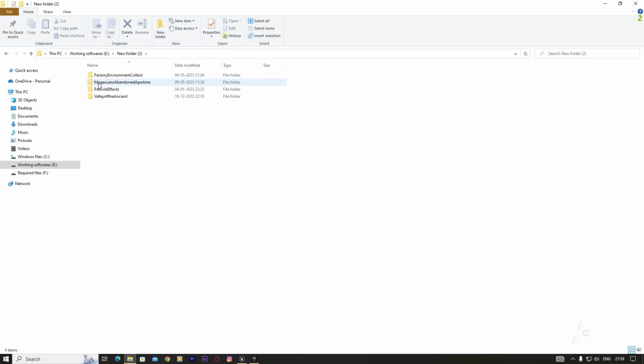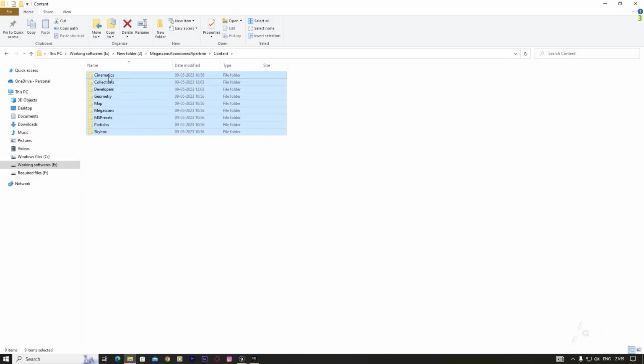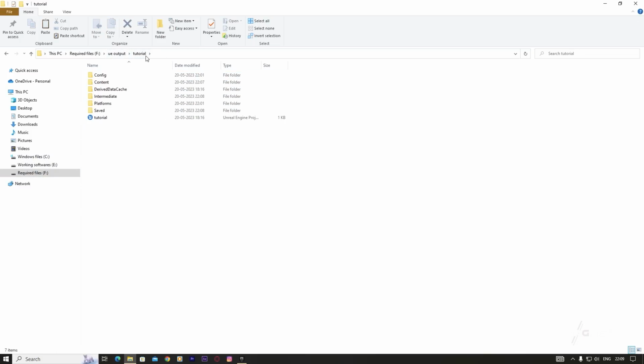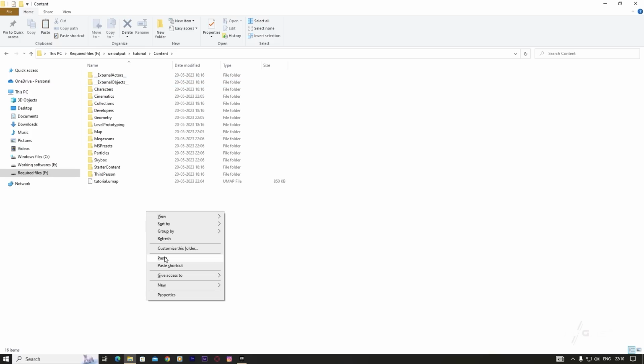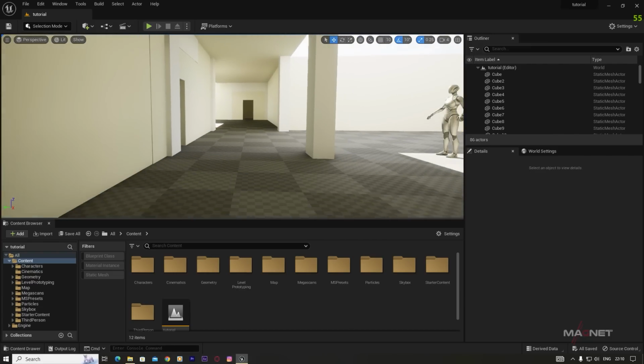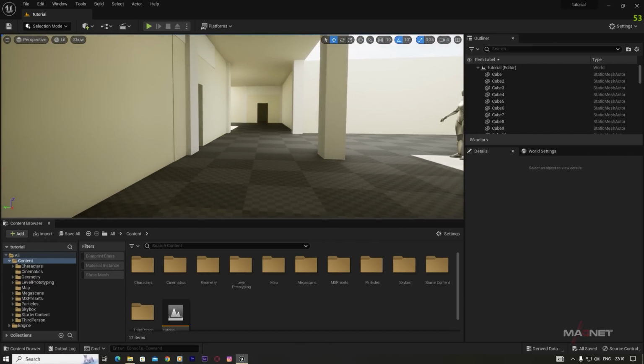So when you complete the download, you will find this folder, that is the Megascan abandoned apartment. Just double click here. So here is the project file, but we don't need to open this. We just go to this content and copy all those things. Just copy, and then we go to our actual project, which is the tutorial. So here is our actual project folder, which is named the tutorial. Go to this content, and then we paste it here, and then we go back to our actual level here,